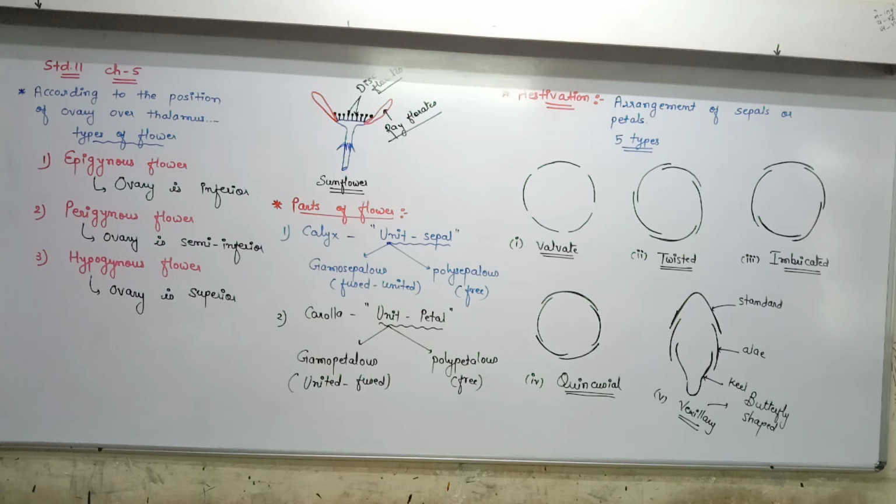So all are the same there. Fine. So pea, bean, gram, groundnut, all are included there. So this type of excavation is known as Rexillary or butterfly shape. So here I can stop now. Androecium, gynoecium, we will take it in the